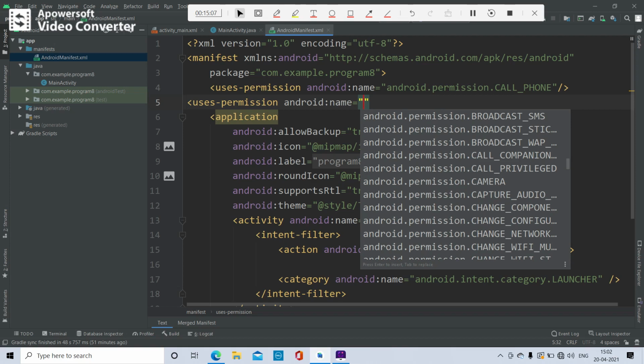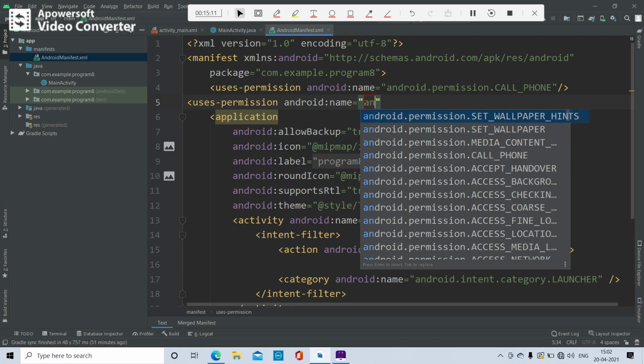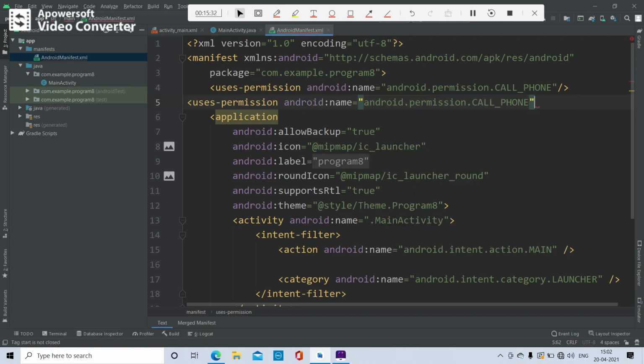You have to write android.permission.CALL_PHONE. You can choose call phone and close the tab. It's already given, no need to give it once again.